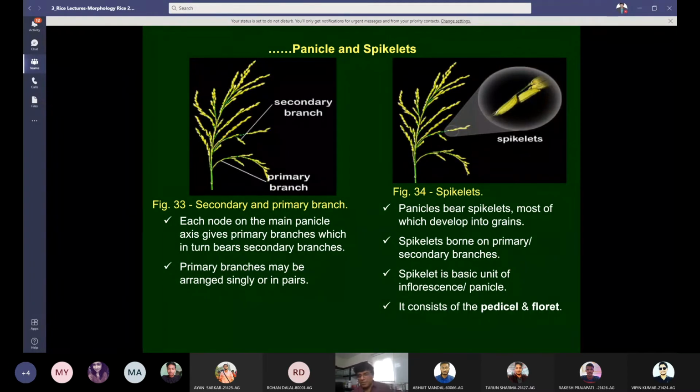So similarly, this is not the big flower, this is a small flower, and there are many small florets. Each spikelet has a floret. I can equate it to the compound leaf. It consists of the pedicel and floret.